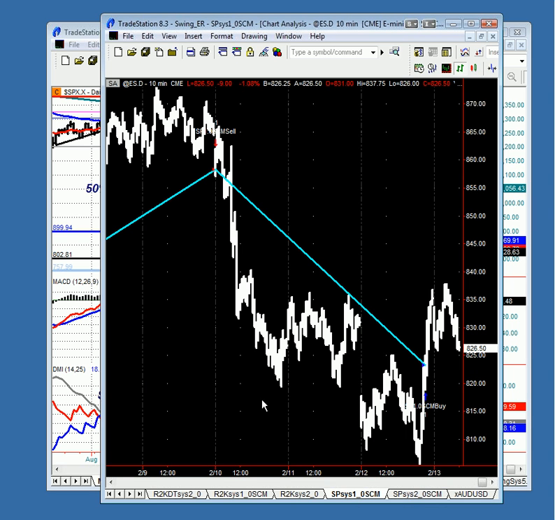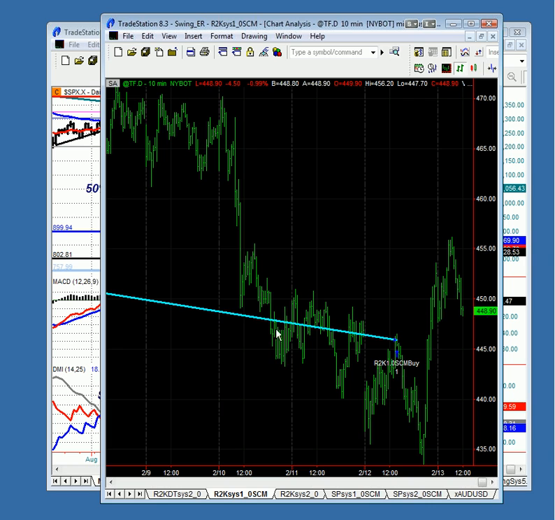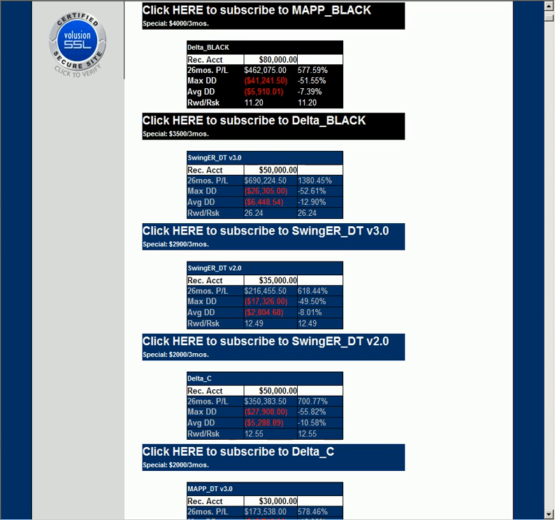S&P system 1.0, really catching some nice winners there on the long side, catching it on the short side, going long again yesterday, booking some profits. R2K system 2.0 doing similar things. R2K system 1.0 not quite as good, but did catch a winner and is certainly in a winner again. So, where have our portfolios been? Let's go ahead and take a look at the